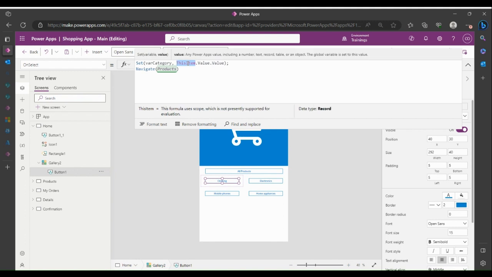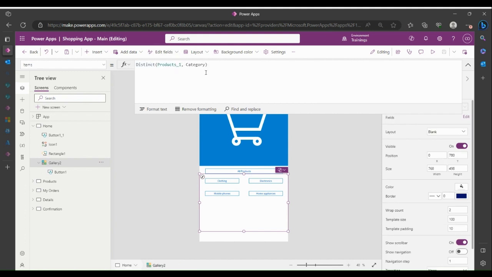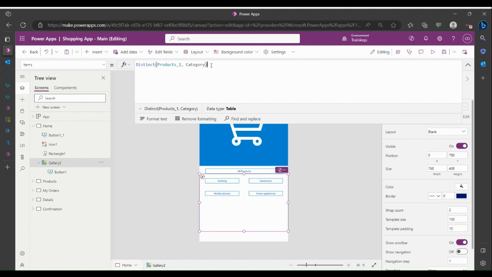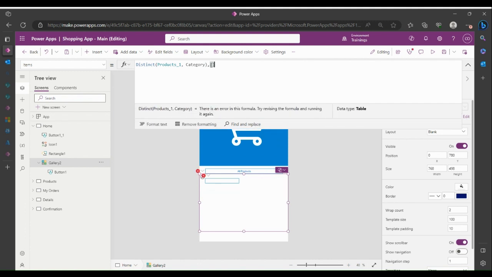And this item is declaring the two different values because I have a distinct defined here without defining the value name. If I want to define a value name, I would do something like ForAll in front of this place. And when I do ForAll, I will come at the end and put something like a comma and then curly braces, not this, curly braces. And inside here, I can define either the value or not value. I can define the value or I can call it a different thing. So I can call it item or record. Okay. So if I call this record, it means that where we have the first value,